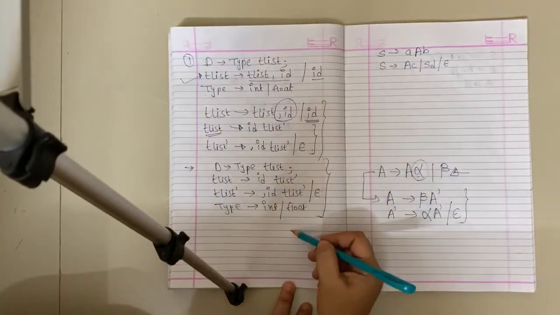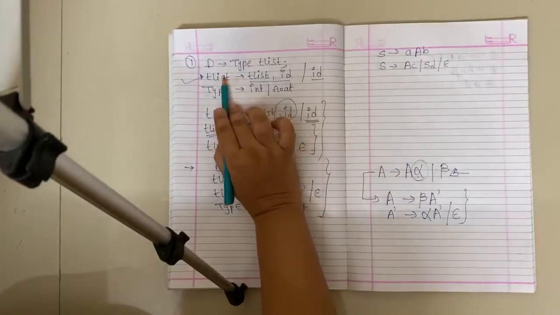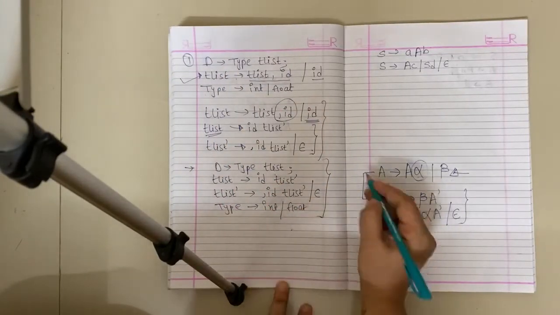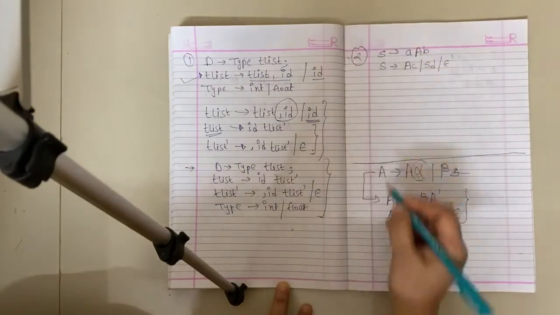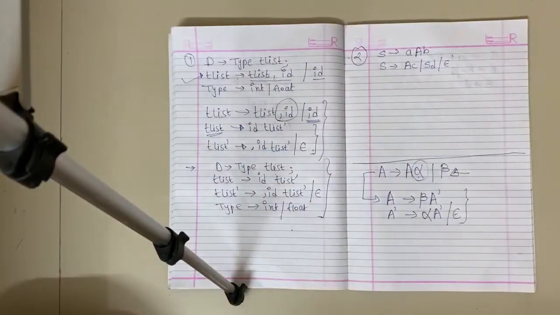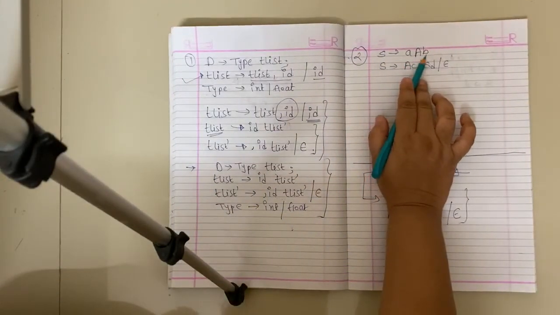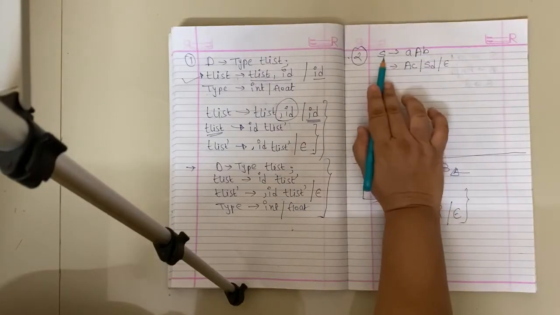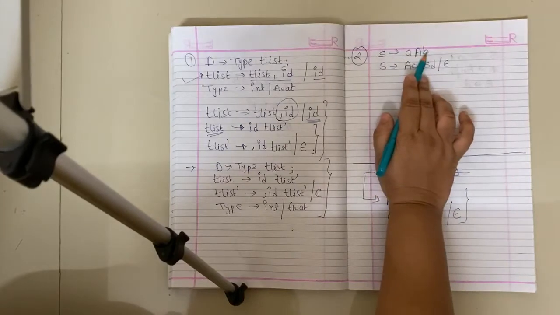You have to write down the entire grammar once again, where the left recursive rule has been replaced by the equivalent non-left recursive productions. Okay, so let us solve this example. Second example, we have to first of all identify where we have left recursion. So S derives small a, capital A, B. There is no left recursion. If we had left recursion here, then S would have been happening over here, which is not the case. So here we don't have any left recursion.